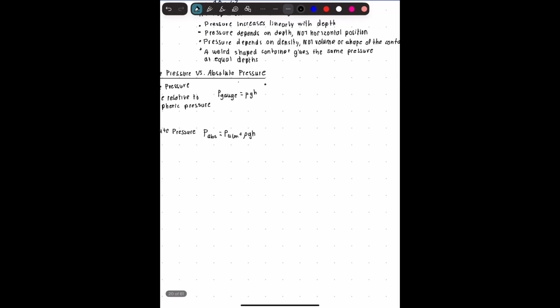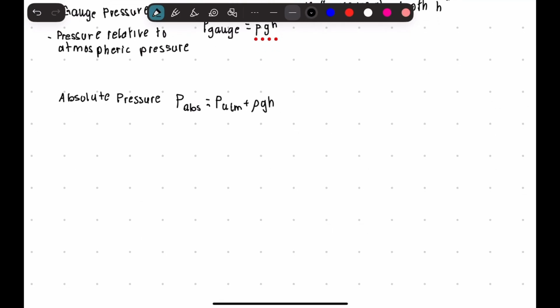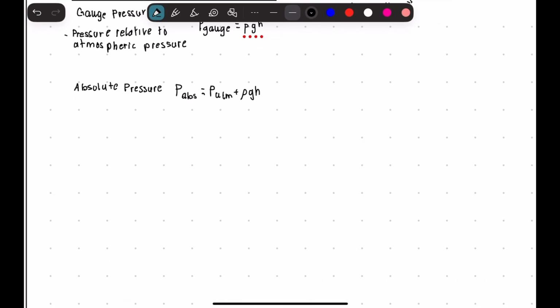Let's move this down a little bit. And let's note for gauge pressure, if pressure at absolute pressure is there. Let's move on to